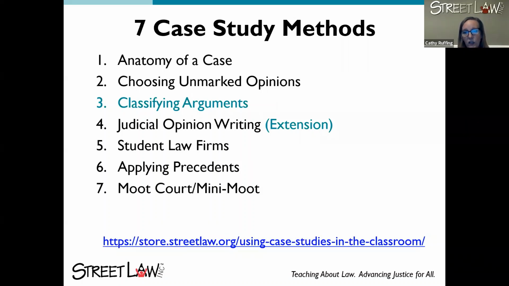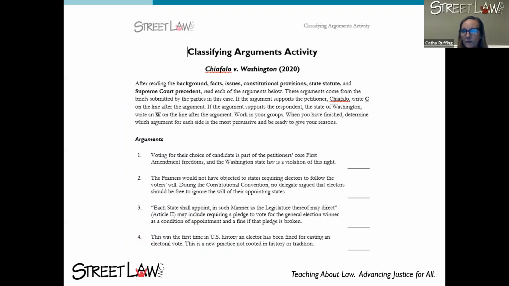Today, we're going to go right in the middle and look at an activity called classifying arguments, and then briefly at an extension you might do with it called judicial opinion writing. So I'm sure some of you are face-to-face, or maybe some of you would think about doing this classic classifying argument activity as a Google Doc.